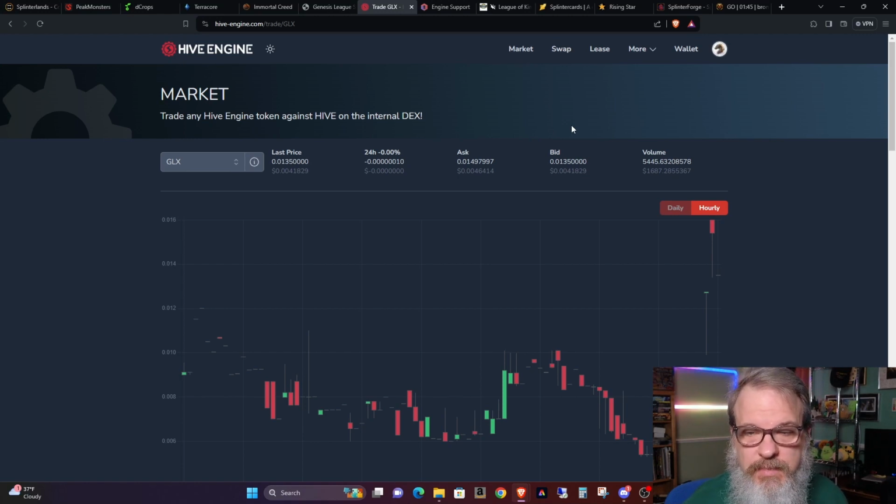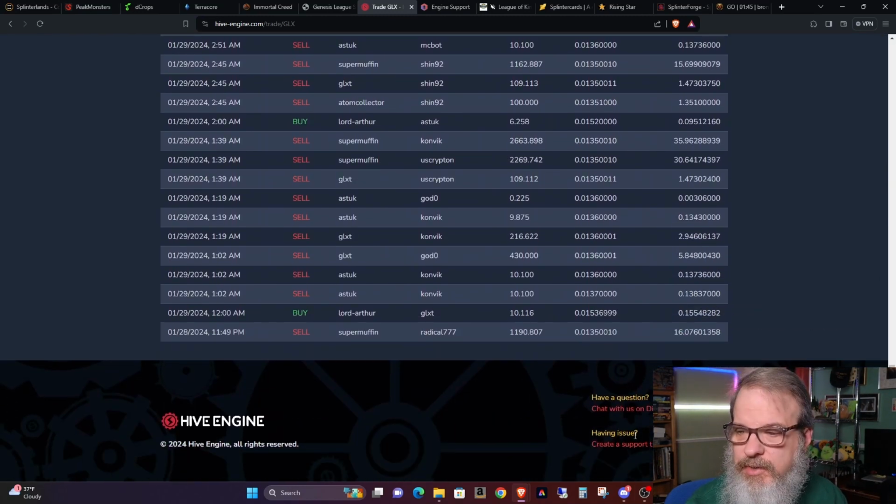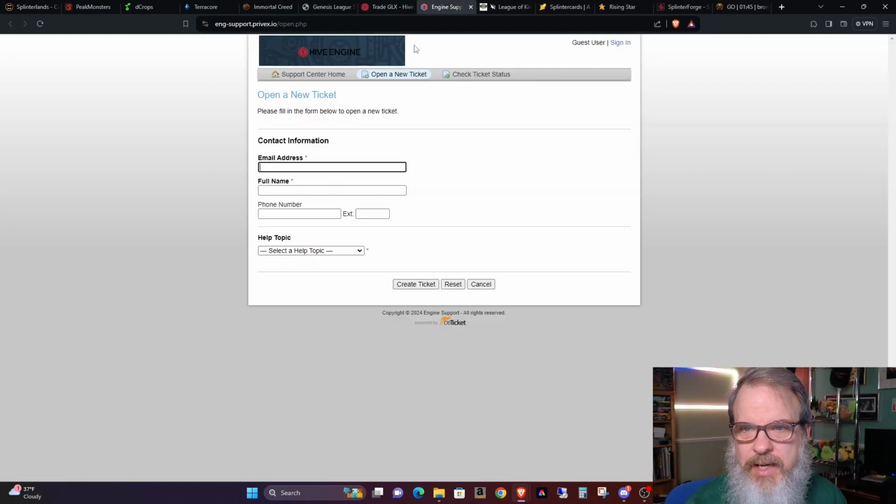So what I found was, if you run into this situation, scroll down to the bottom of Hive Engine, and there's a link where you can create a support ticket. You click that, and it opens up a ticket. Very straightforward. Email, full name, phone number, what the topic is, and it'll ask you to put your Hive name in it. Let me tell you this, as a person that's been in IT and worked ticket desks for years and years,